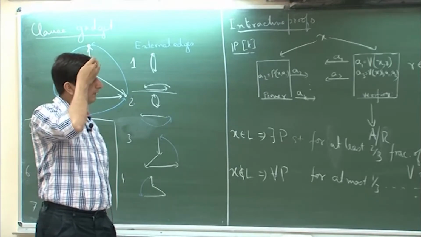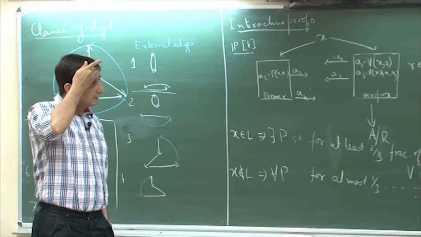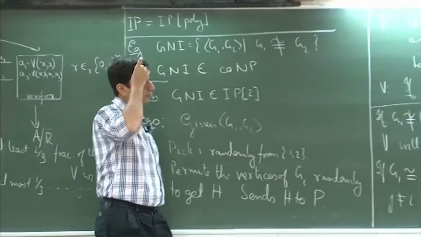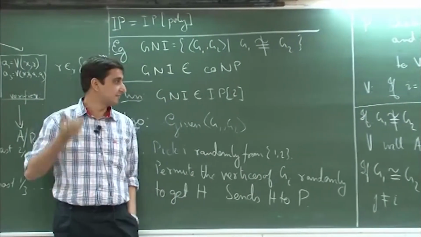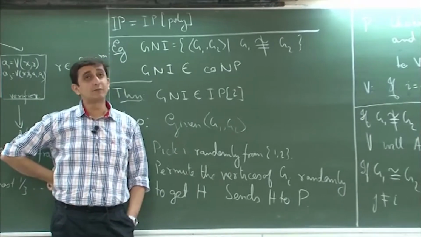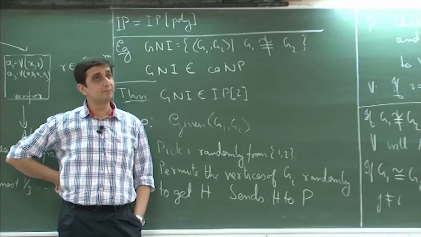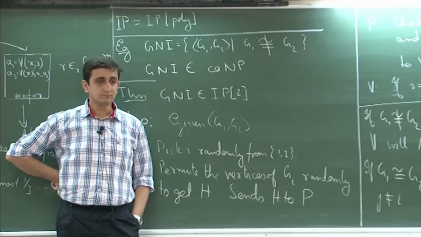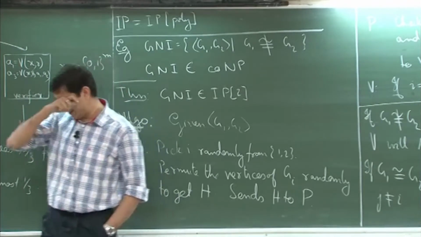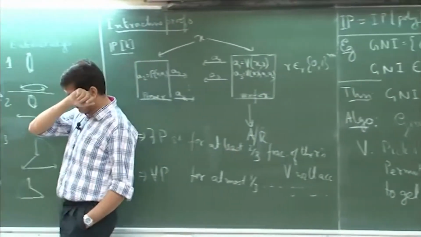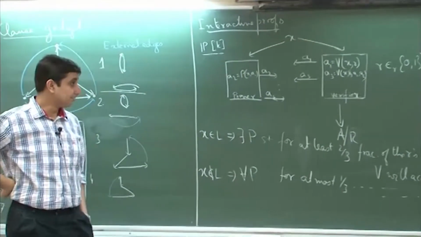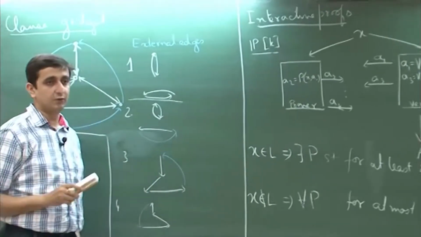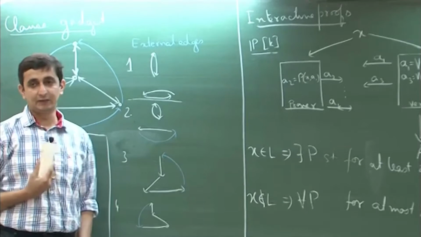SAT bar is CoNP complete. So, CoNP is not known to be in IP2. I mean, in the sense that I think if CoNP is shown to be in IP2, then the polynomial hierarchy will collapse. So, we will see that. We will see more results about these classes in the coming few lectures, but it is very important that the model is clear to everybody as to what we are dealing with here.